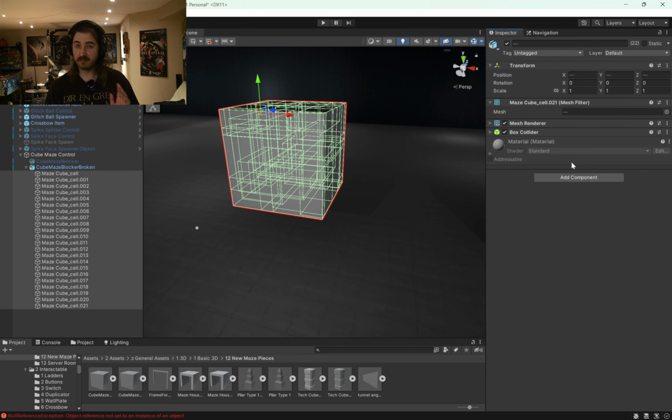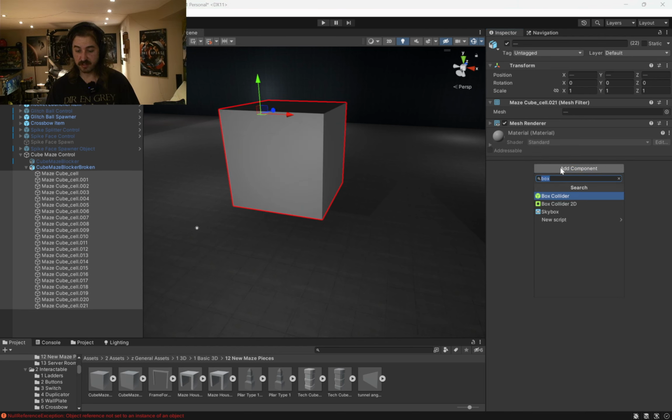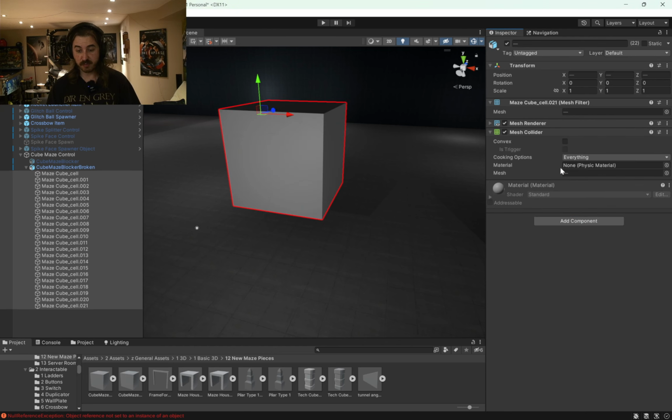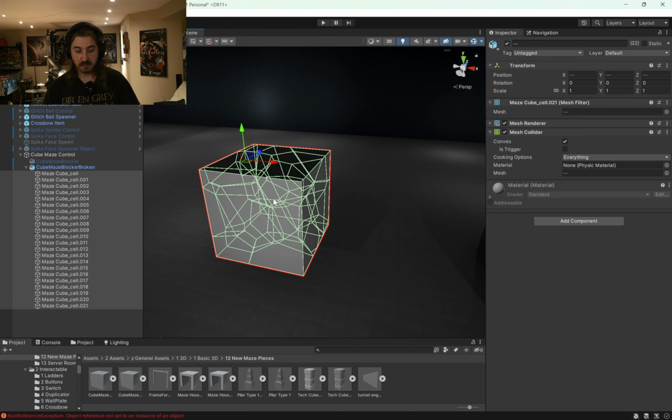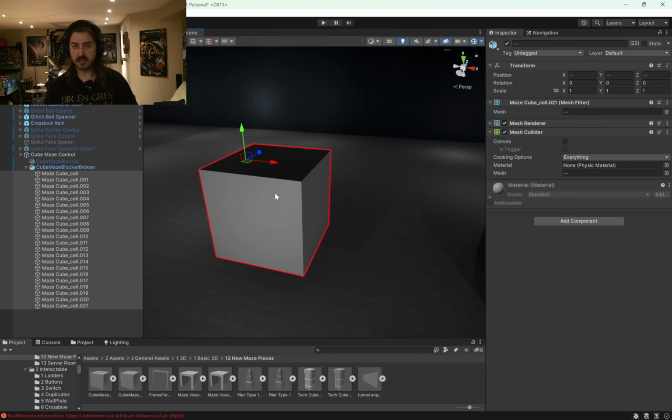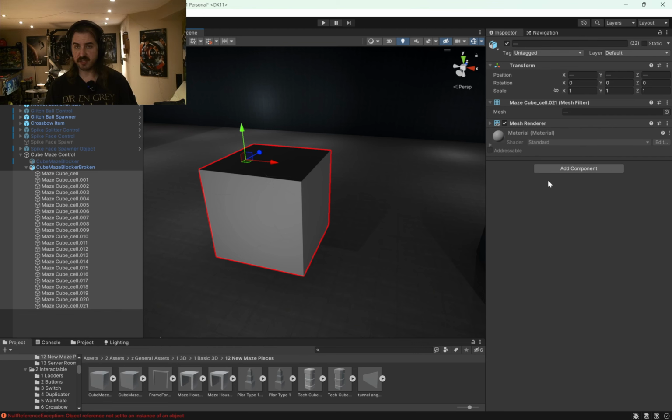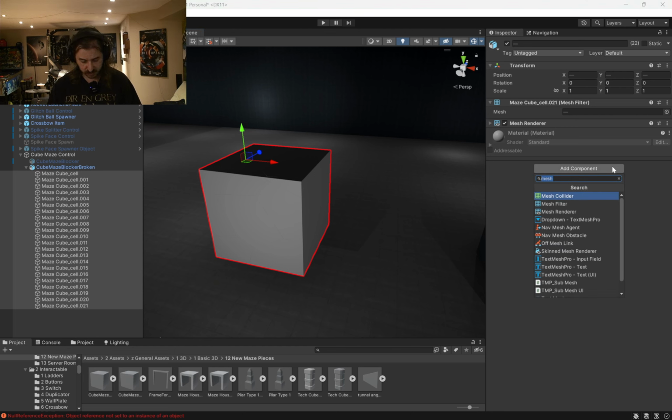If it doesn't really work for you and you want more accurate collisions for whatever reason, remember it's more expensive, but you can add a mesh collider. Even if you do mesh collider convex, it's going to be a bit lighter, but again, this is a heavier way of doing it. I'll show you the results of using both techniques, but I want to talk about optimization. Optimization is serious. So for now, I'm just going to do